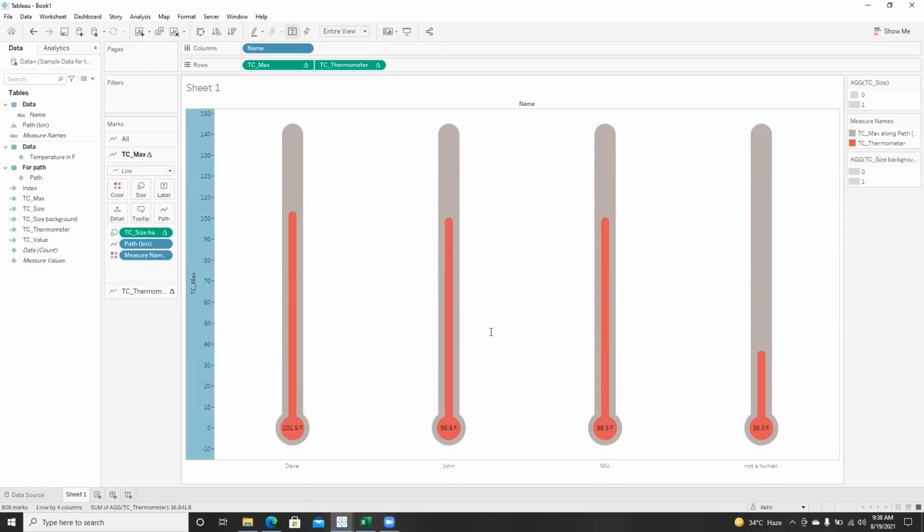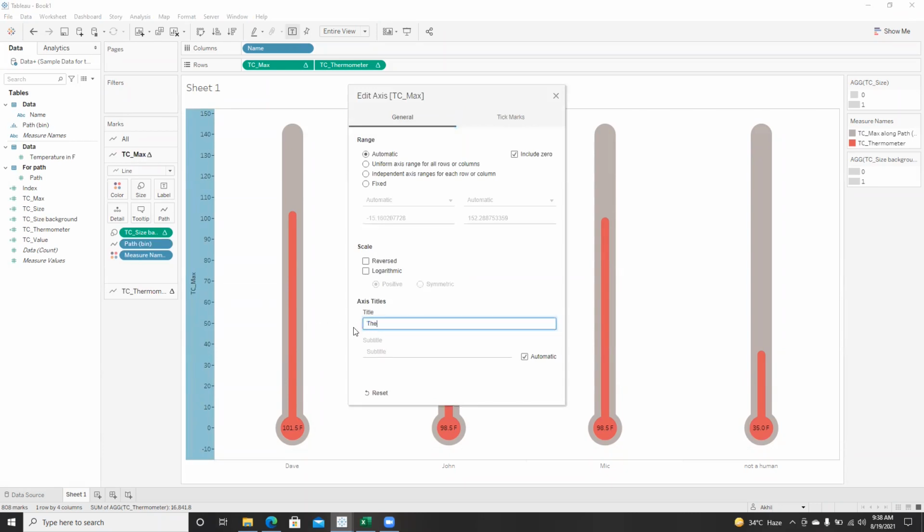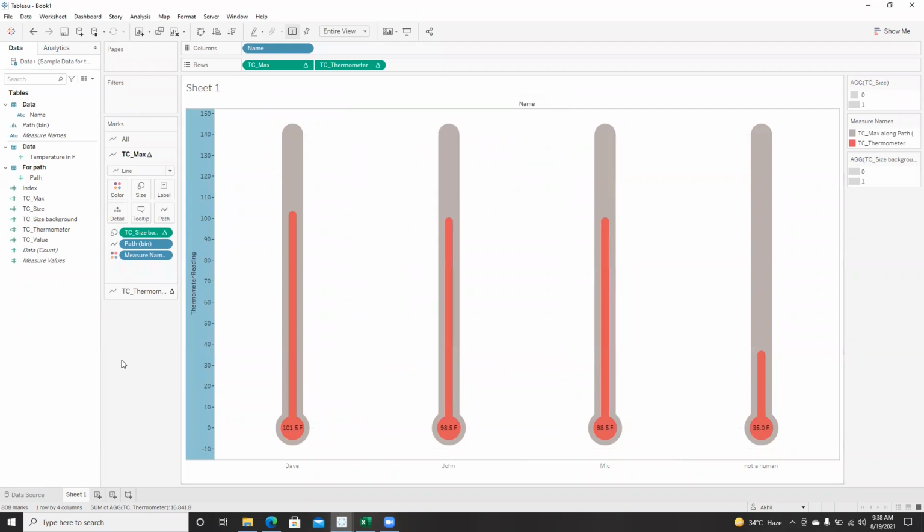Change the axis state. That's the thermometer. Right now, yeah, this is how we can achieve the thermometer chart in Tableau. If you have any questions, I can